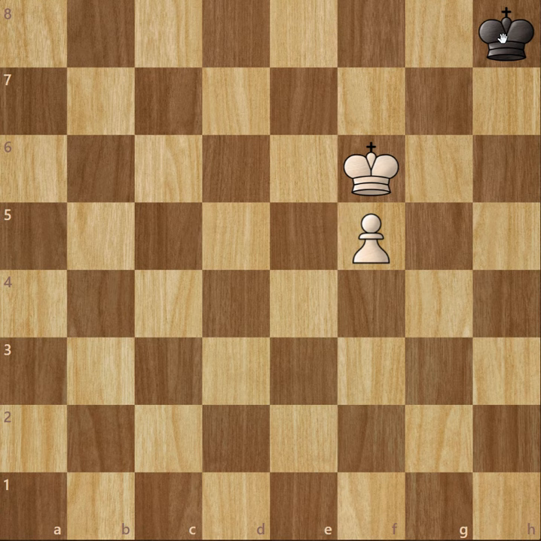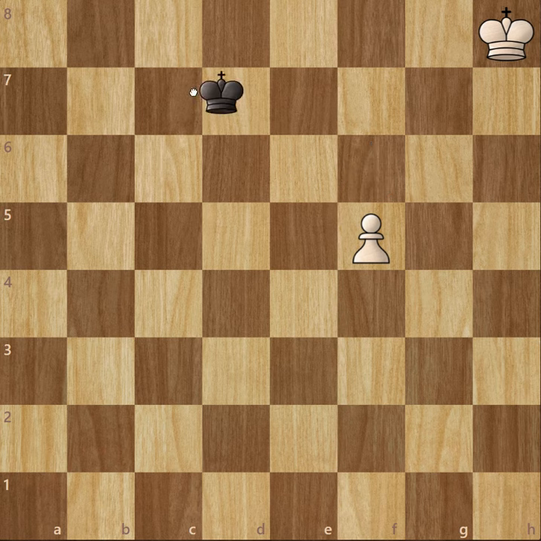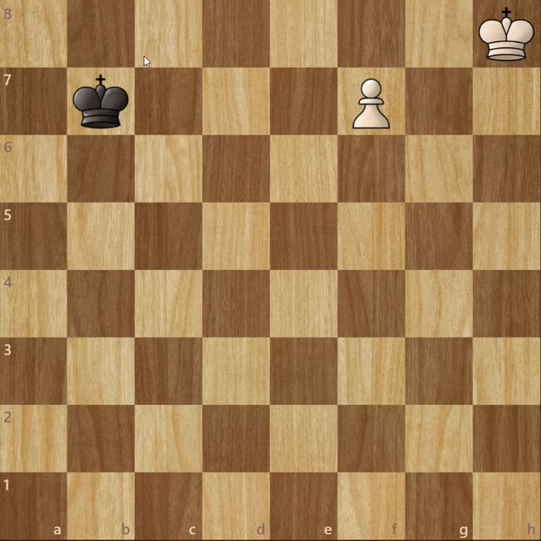And the last, there are two more ways to draw. So the second last is, suppose now the black king has insufficient material. White has sufficient, but black has insufficient. So let's see, we are playing on the clock. White has a second left. White plays this, black plays this. White plays this, but he runs out of time. So now black does not have sufficient material, and white is out of time. So insufficient material versus timeout is not considered a win for the timeout guy. Sorry, a loss for the timeout guy. It's considered a draw.